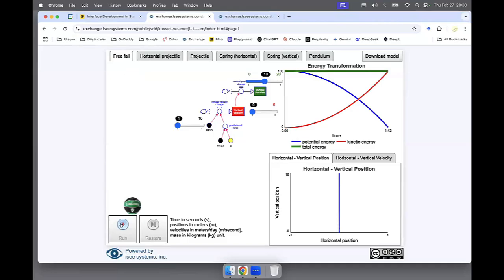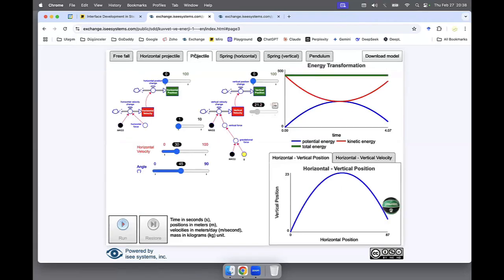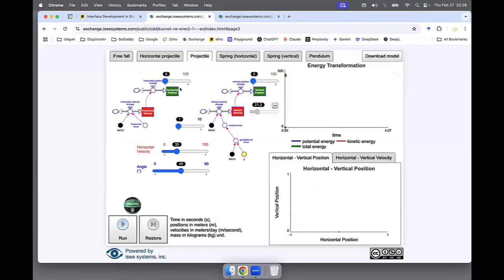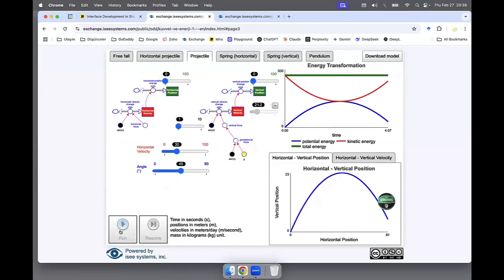And when you run this, you have all the energy transformation and some other graphs. And if you do this as a projectile, all you need to do is, this is the vertical position and velocity, and all you need to put is, let me restore here, horizontal position and velocity. So we have two dimensions. And when you run this, it does according to these relations. And you can change, of course, these relations with sliders and get different